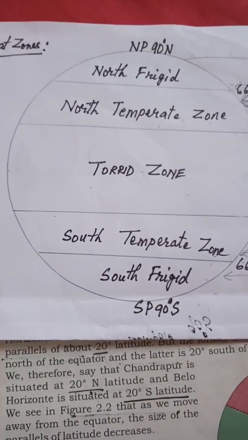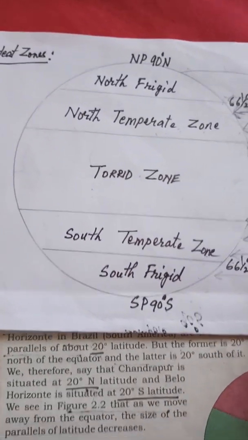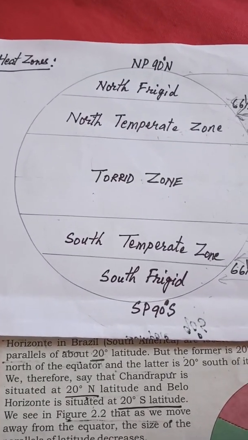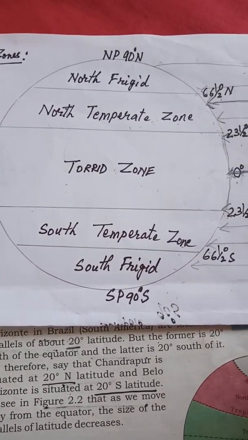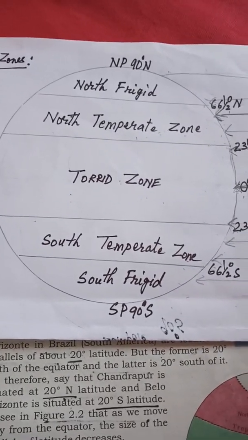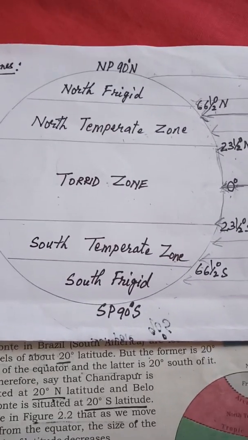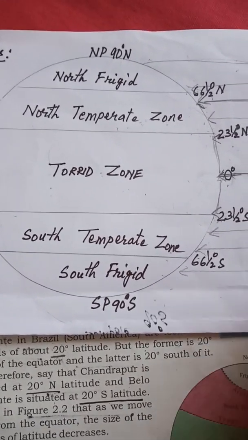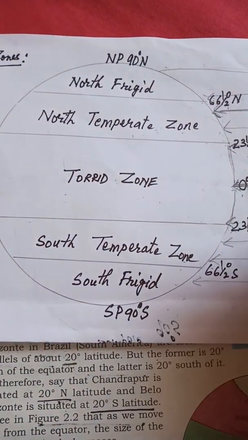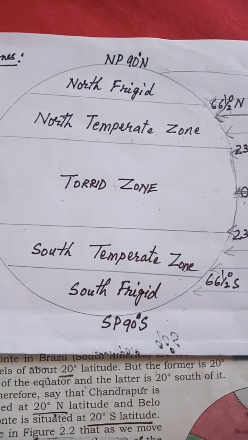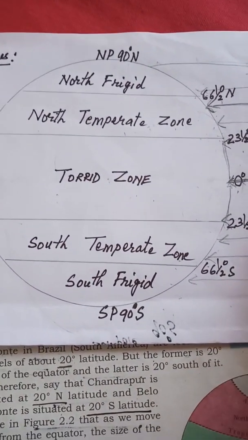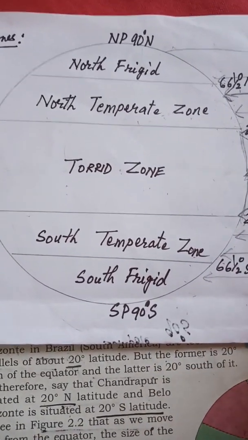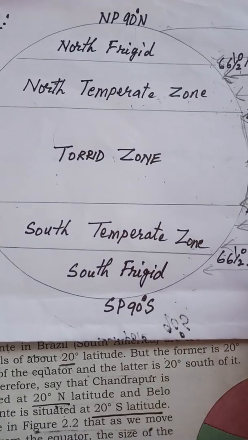What does horizon mean? Horizon means if you go to an open place and look as far as you can, you'll see there's a point where you'll feel as if the sky is coming down and meeting the earth. And at that point you can see the curvature of the earth also, the curve of the earth. That area is called horizon. So the sun never rises above the horizon, so these areas are completely frozen throughout the year.